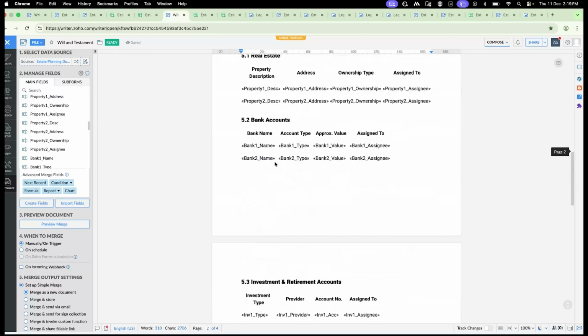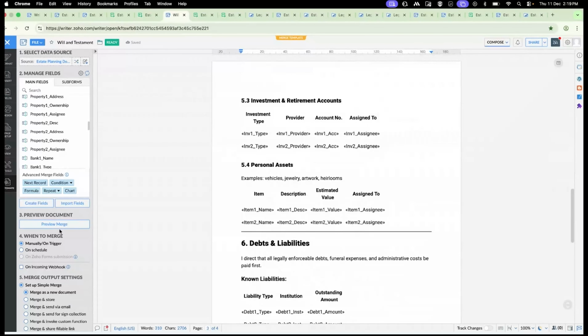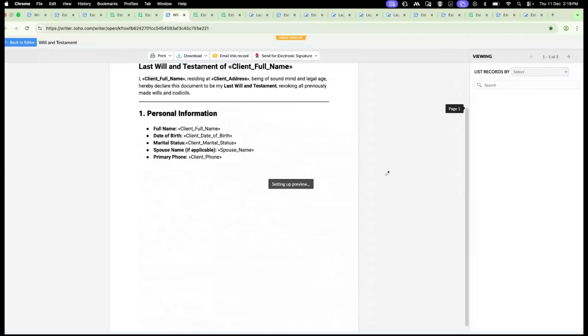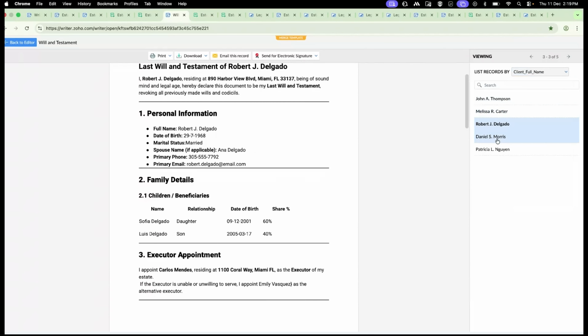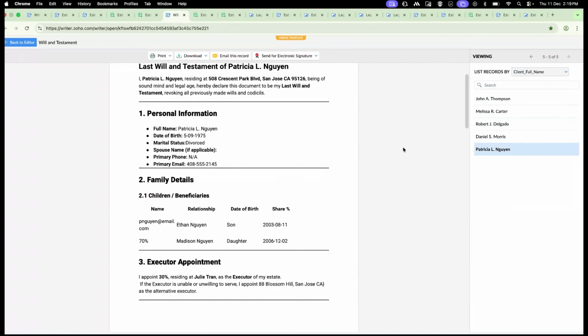So once you position everything, your document is ready. And when you click this preview option, you can see the documents generated for each and every user. We can list this by client name. So I have 5 clients, and for each client I have created the document with no further delay or with